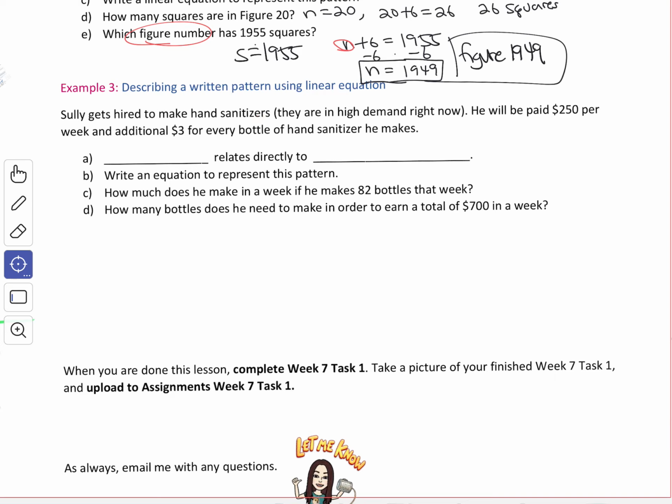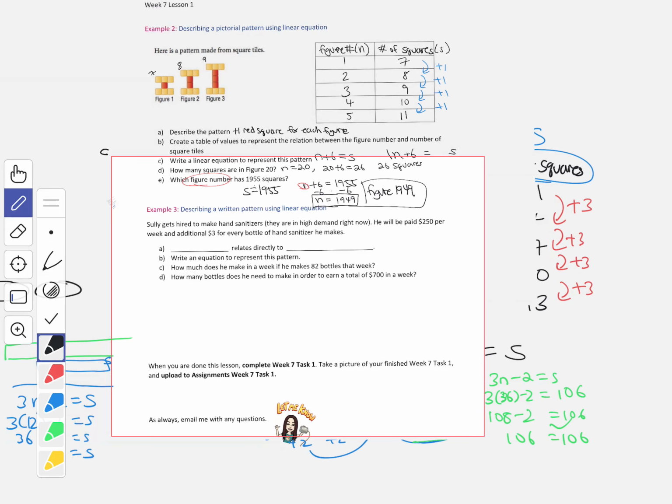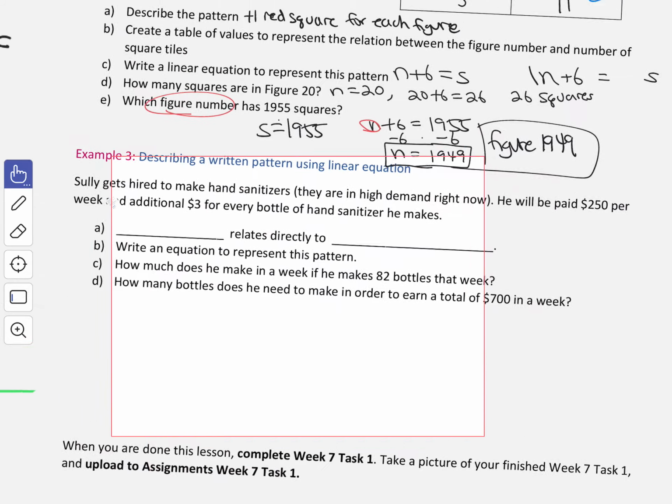All right, looking at this question, Sully gets hired to make hand sanitizers. They are in very high demand right now. He'll be paid $250 per week and an additional $3 for every bottle of hand sanitizer he makes. Okay, so the two things that relate in this question are the money he makes